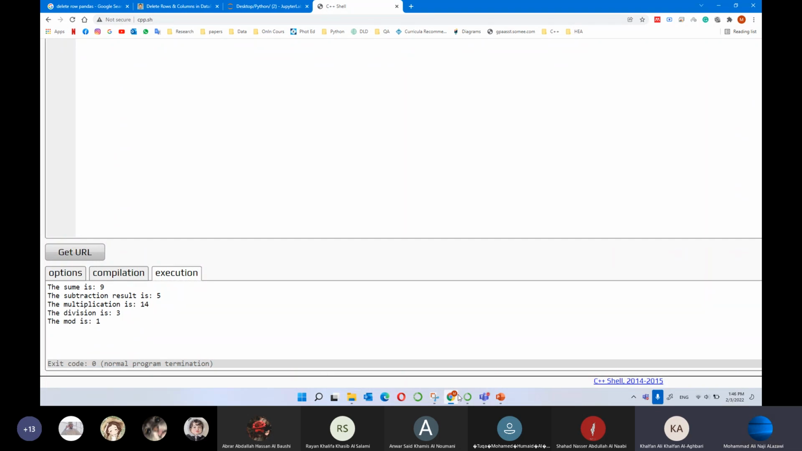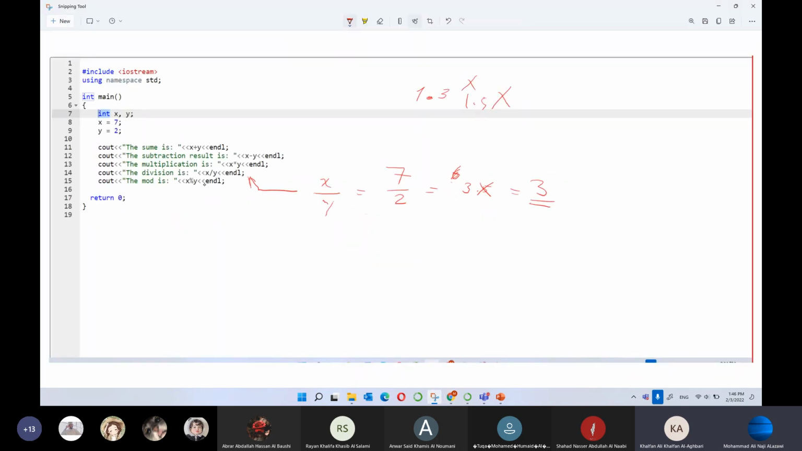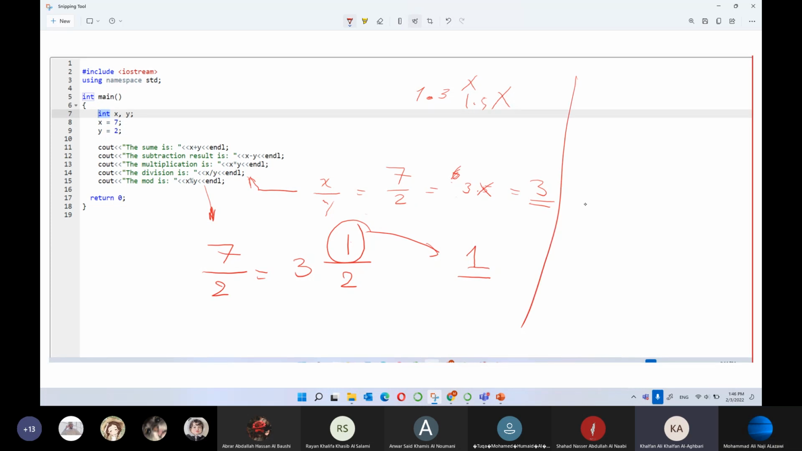The other thing which is very important to know, the mod operation. For the mod operation, 7 divided by 2 is equal to 3, and the remaining is 1 over 2, right? This is the result of the mod operation. This 1. So that's why the result is 1. I'll give you another example. Let's take examples